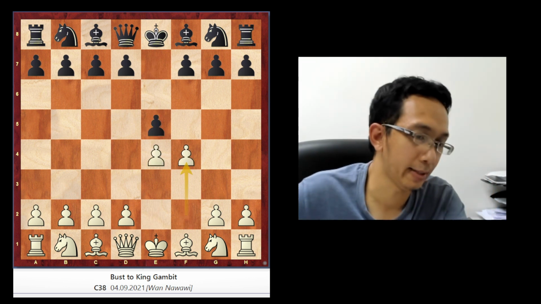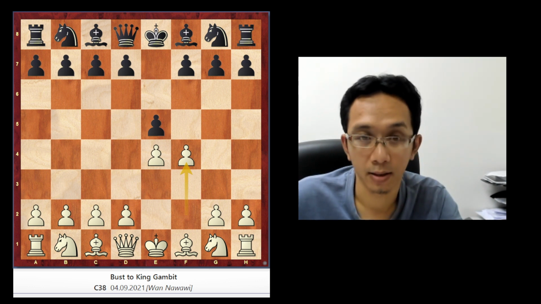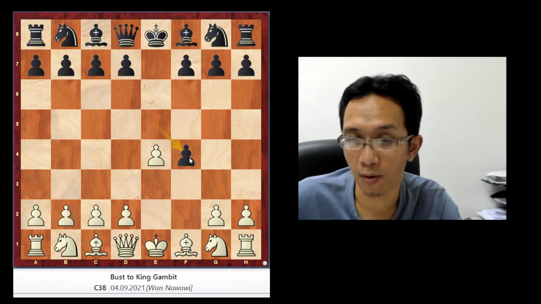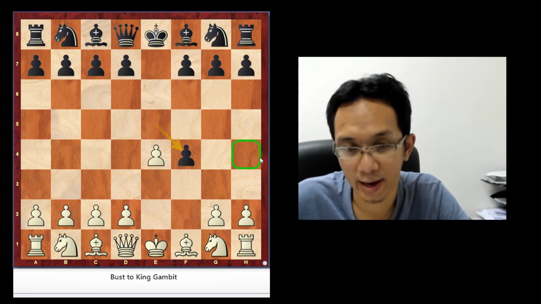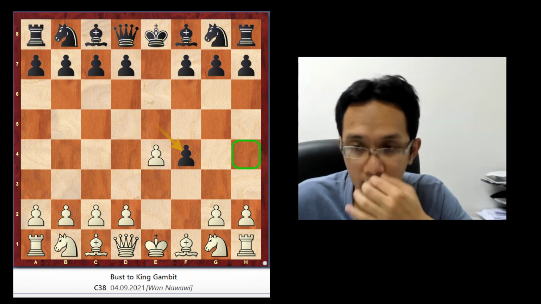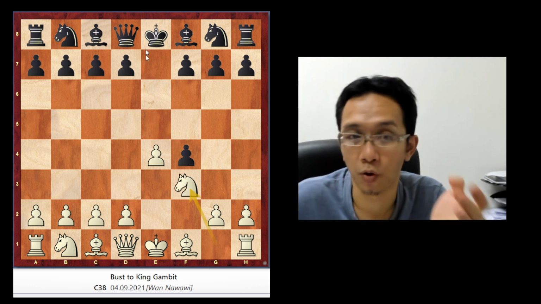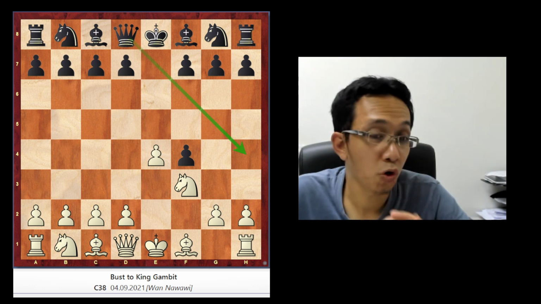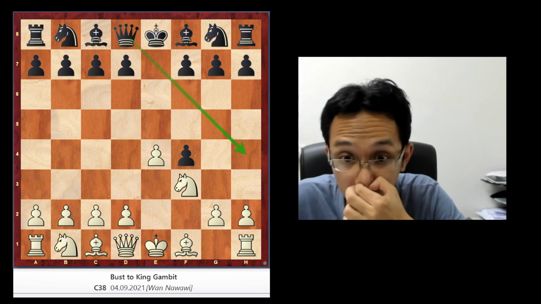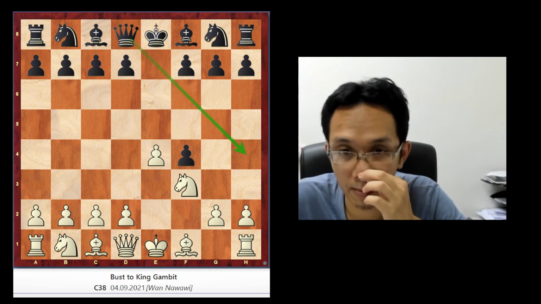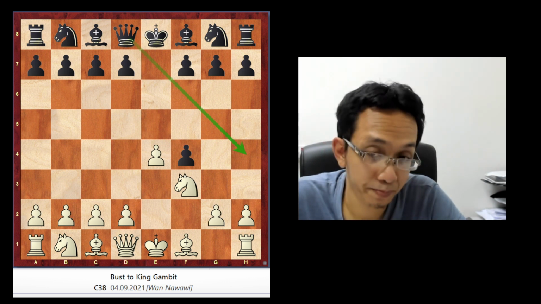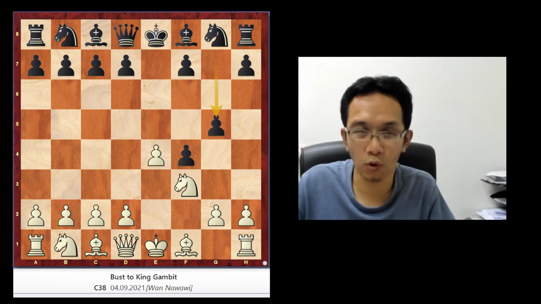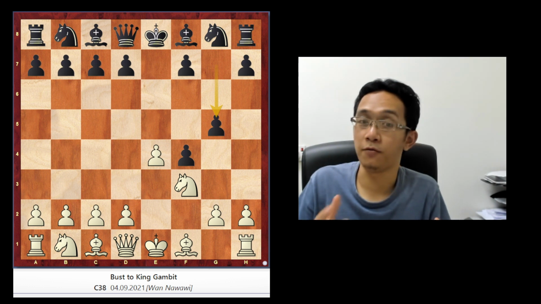f4. It's as if giving a free pawn, right? So you take, and then Nf3. Normally when you move this f pawn, this square is weak. So that's why this Nf3 is quite an important move in order to prevent any check here. To show you the danger of the king gambit, you can see this in the Muzio gambit. Normally in king gambit, black will continue playing g5. So you see it's quite an aggressive game if you accept the gambit.